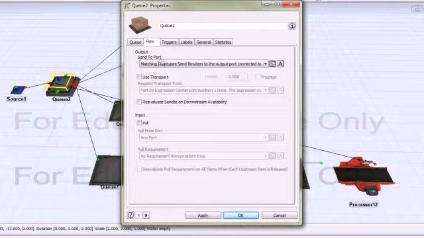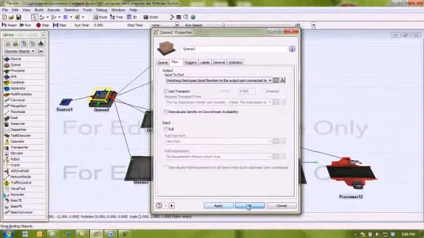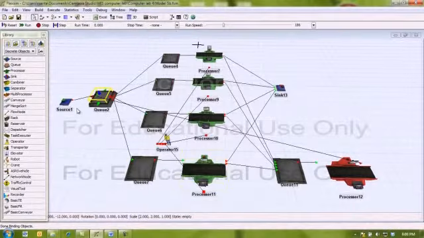Output sent to port: matching item types sent to each port according to this type. Send flow items to the output port connected to an object that contains flow items whose item type matches the item type of the involved flow item. What it means is that, for example, if I'm sending a product